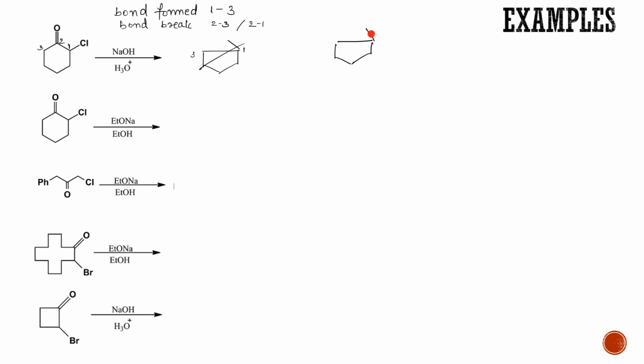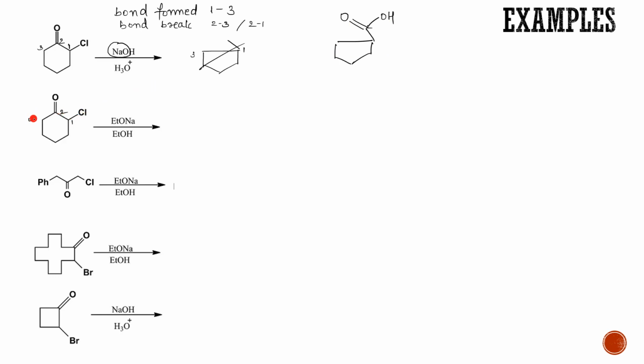Okay, so what is there now? This is your second carbon. What is there at the second carbon? C double bond. Everything remains the same. Now this is your hydroxide. So just pick up this and put it over here. That's it. Sorry, ONa, and then acidification and everything, you will get this. So this is your carboxylic acid. Okay, let's try with this also.